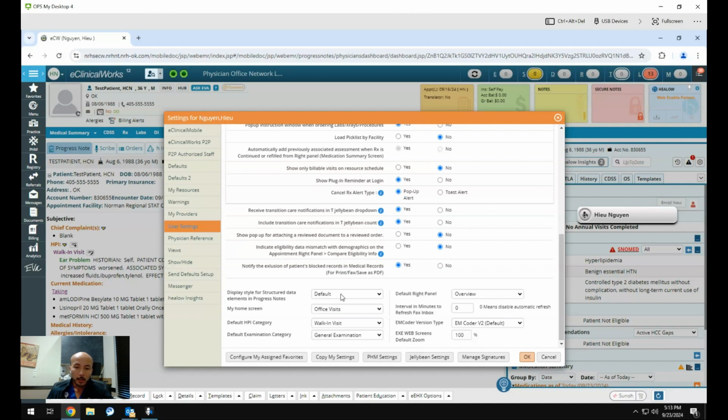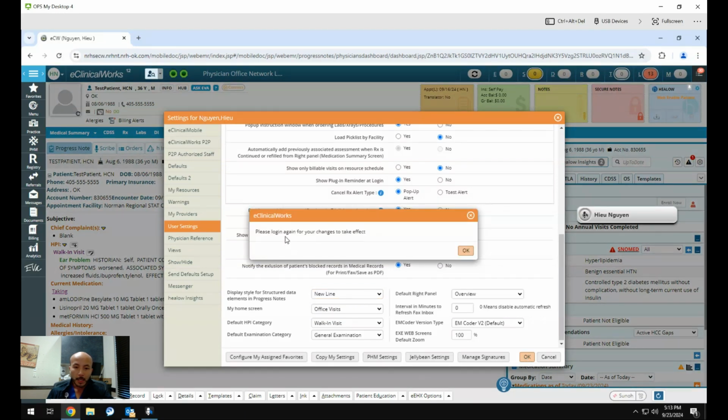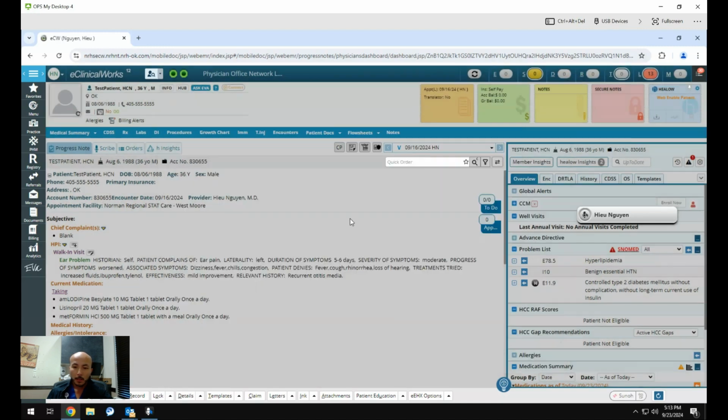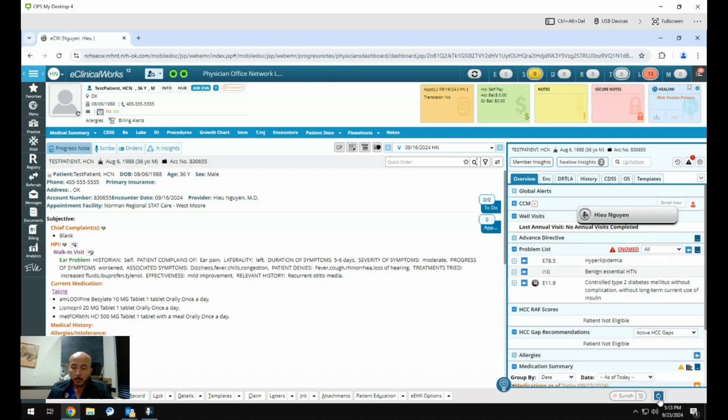A lot of you will have the setting as default, but I want you to change it to new line and then hit OK. It's going to have you log in again to make your changes take effect. You can actually just go down to this refresh button, which looks like a semicircle with an arrow,